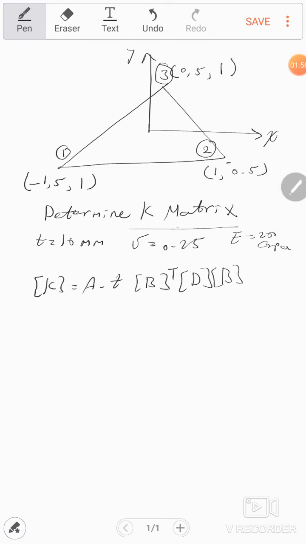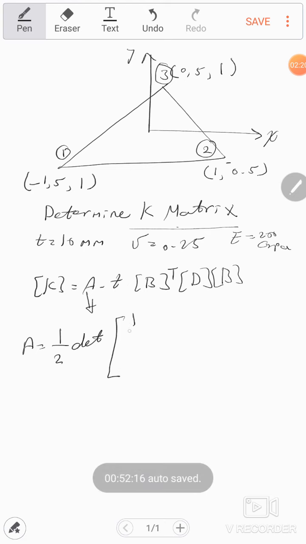So first of all, let's solve step by step. I will find A, the area of the shape. A equals half determinant